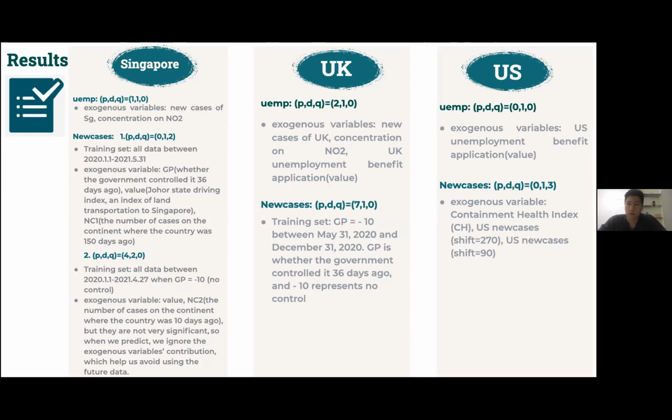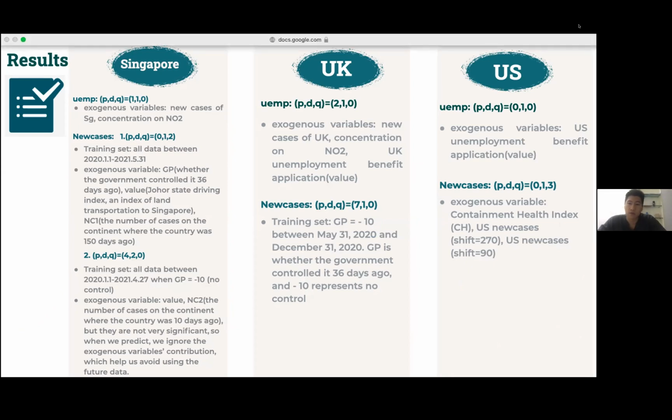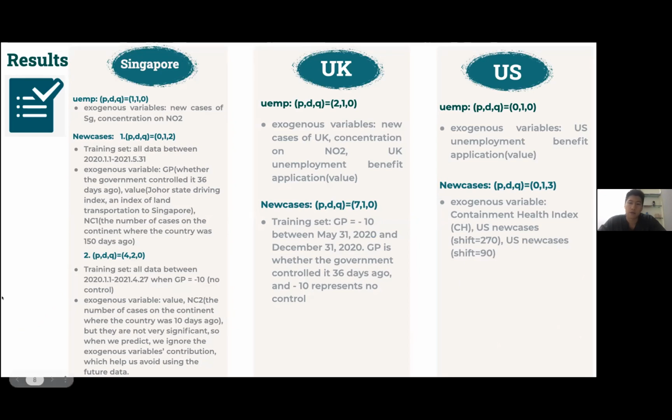Projections for the UK and US follow the same logic as Singapore, but took into account their corresponding national cases. But when predicting US new cases, we used the containment health index provided by the professor instead of government control, as COVID-19 in the US would not have been better, even if there had been government control. It was unmeaningful. Regarding unemployment rate, as previously mentioned by Liang Shimao, the number of unemployment benefit applications was considered